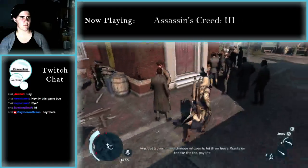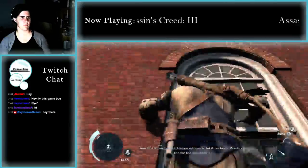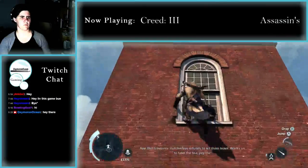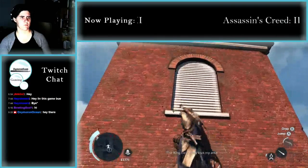Cargo and all. Aye, but Governor Hutchison refuses to let them leave. Wants us to take the tea, pay the duties, and say thank you kindly to the king. The king can